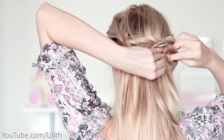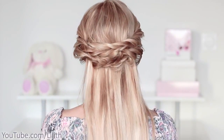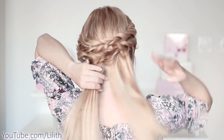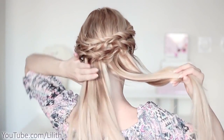This is a nice half up, half down hairstyle for pretty much any hair length. And if your hair is much shorter than mine, I recommend you to additionally curl it. Of course, long hair can be curled as well, but short hair will benefit from it even more. For the following hairstyle, I'm going to simply divide my hair in 2 equal parts and create a regular fishtail